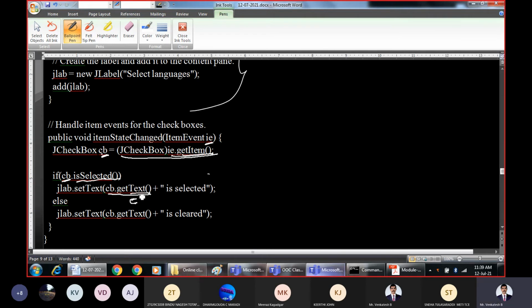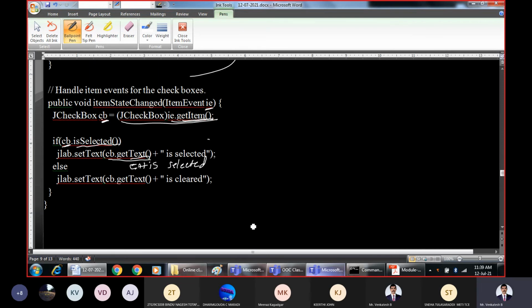That means it will return something like this: C is selected. If you are selecting the C++ checkbox, then the output will be something like this: C++ is selected. The reverse is also possible. If you have selected some items and want to unselect them, that option also you should be able to give to the user.